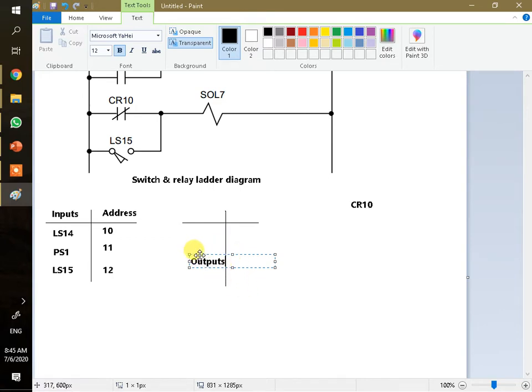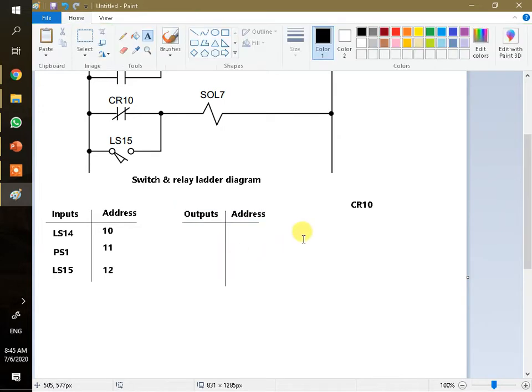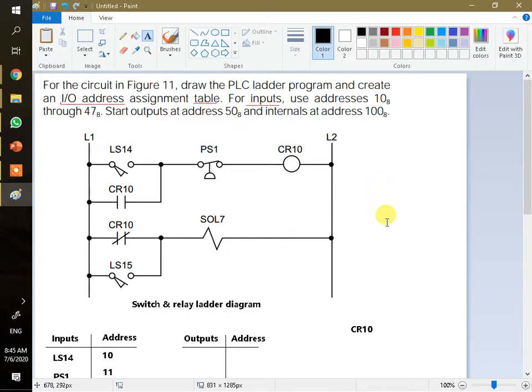I cannot move, or I try to move this. Output, okay, and the address here. I can tell you this is the output, but actually this one we can use the internal address. It's not the real output actually. This is not the real output,